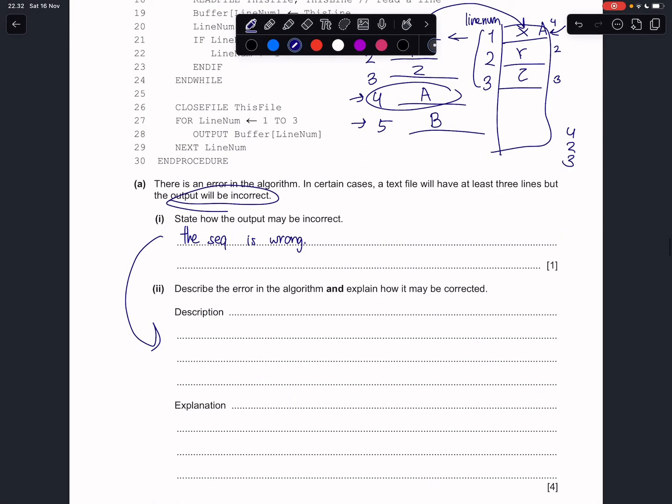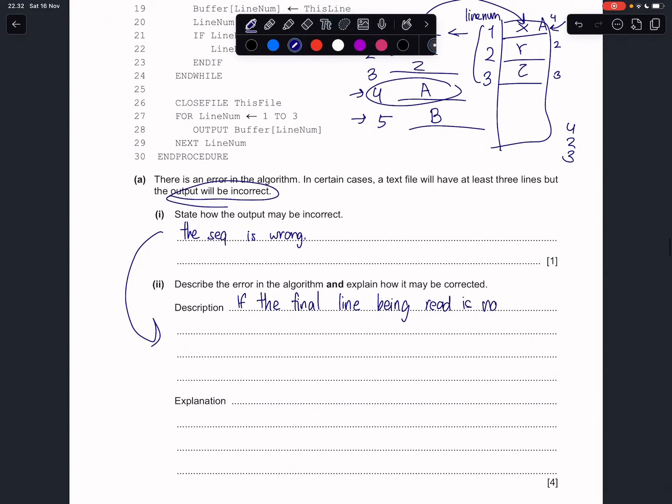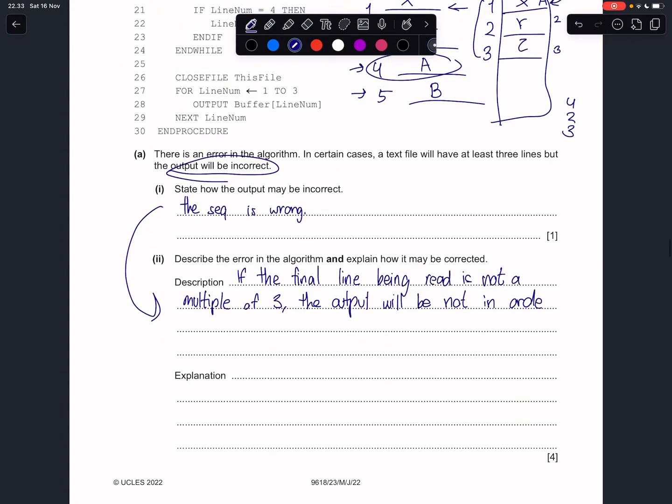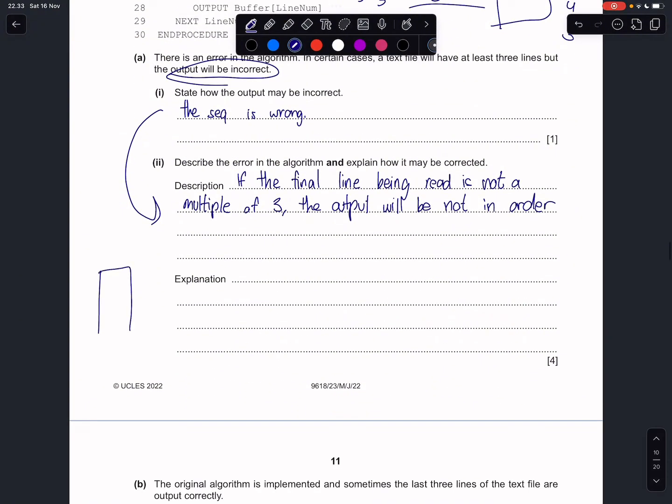Okay? The next question, basically we have to try to explain what's happening here. So, if the final line being read is not a multiple of 3, the output will be not in order. And how do we fix this mess? So again, let's bring back our example. It's going to be x, y, z, and then after that, you want to put in a, which is the